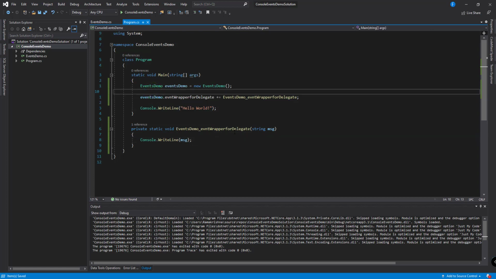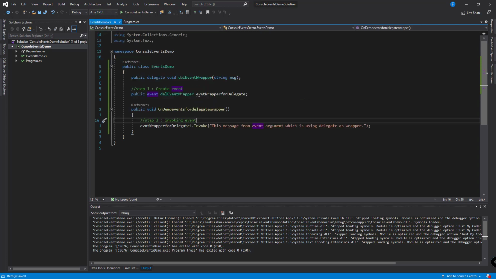So step 3, consuming the event, has been done over here. So far we have declared an event, we created an event, and we invoked the event with the method prefixed with On.